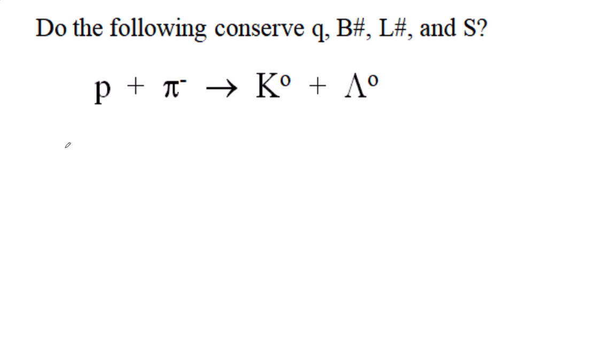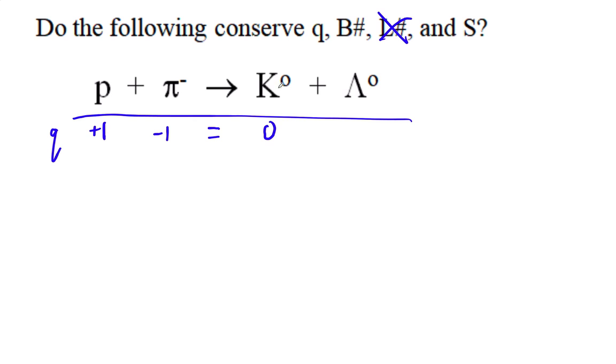Okay, so does it obey lepton number? None of these are leptons, so yes. Now you've got to look at your little hadron reference here. Let's look at our charge. Well, that's +1. That's the only one you have to memorize. It's P plus. This is -1, so there's 0 net charge, and this is 0. We know that because of the 0. So that works. Charge works. Let's look at our baryon number.